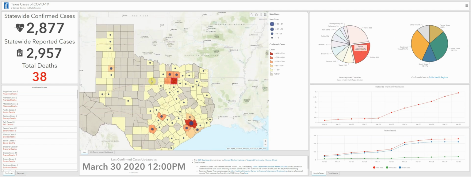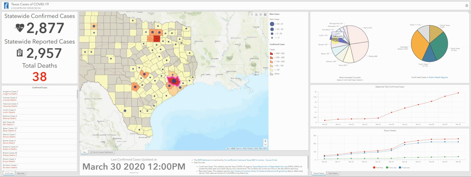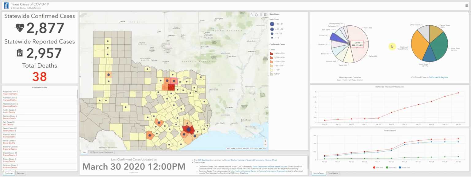If you click on it, it'll pan to and flash on that county, so you can see exactly where it's at if you're curious where some of these counties are. On top of that, or next to that,